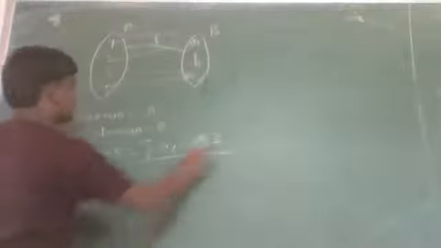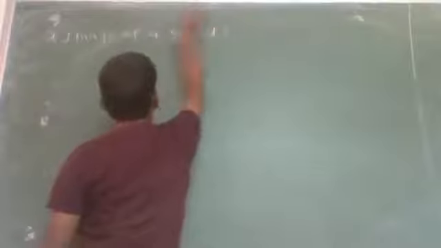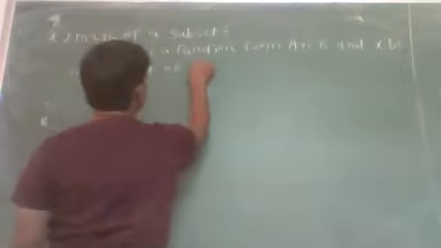Okay. Now, image of a subset. Let f be a function from A to B, and X be any subset of A. Then we say